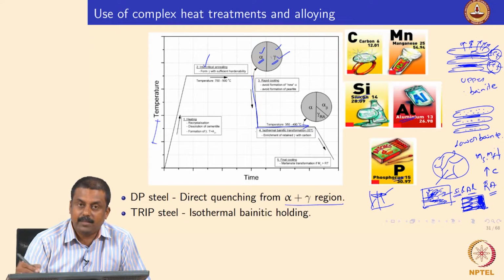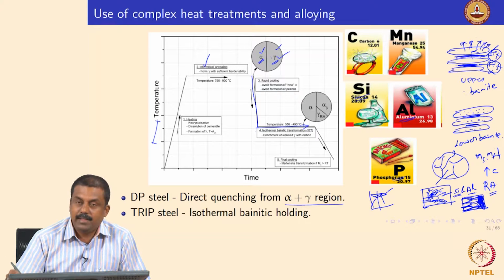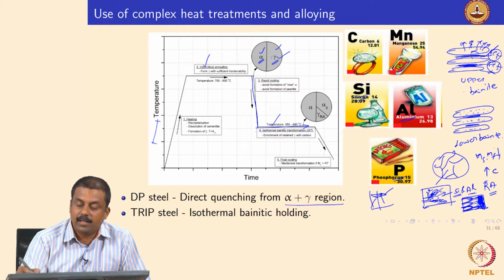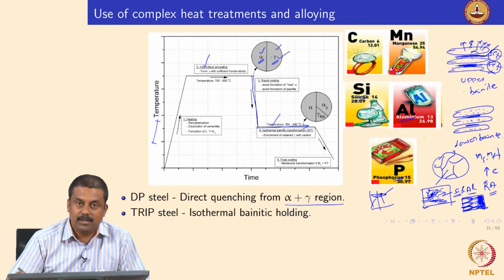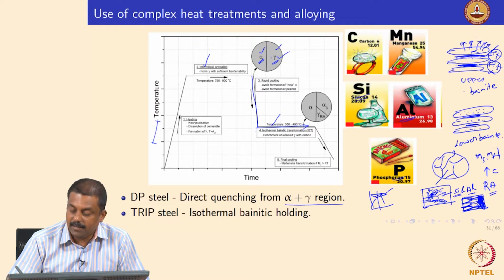So, if you have silicon or aluminum, what happens? You suppress the nucleation of cementite during the bainite formation. How do you suppress the cementite formation? Because the solubility of silicon and aluminum in the cementite lattice is extremely low. So, if you want to nucleate cementite, then silicon and aluminum atoms should be pushed away from the nucleation sites of cementite, right. But that is not possible in kinetic terms. So, you would suppress the cementite nucleation and the bainitic ferrite laths would start growing by pushing the carbon to the untransformed austenite.